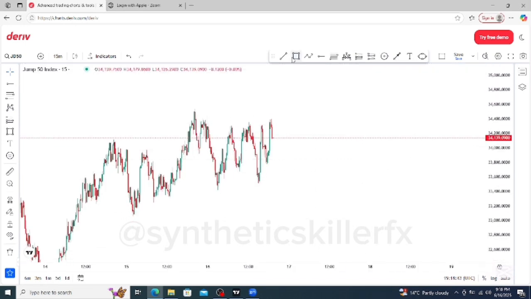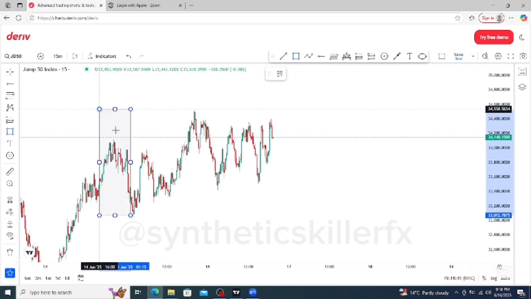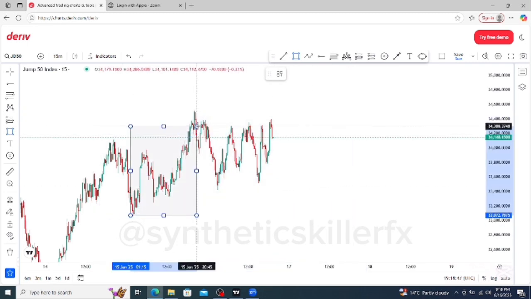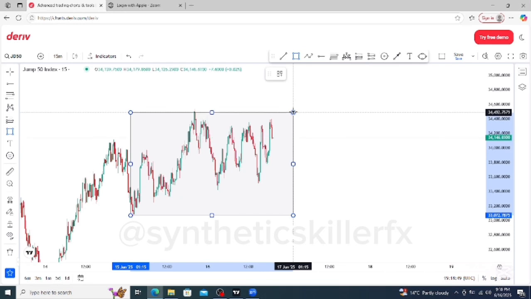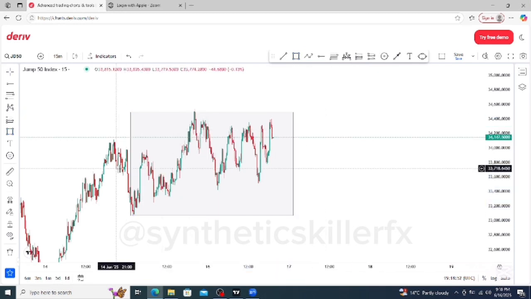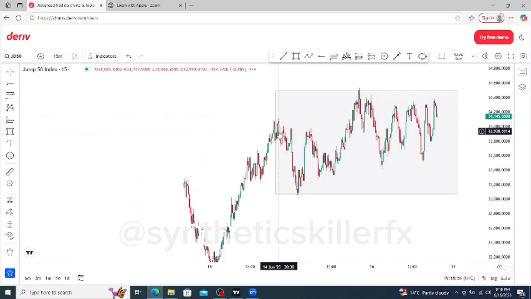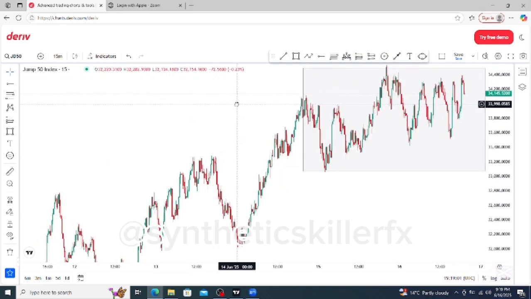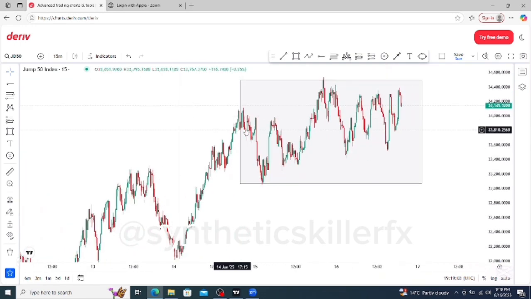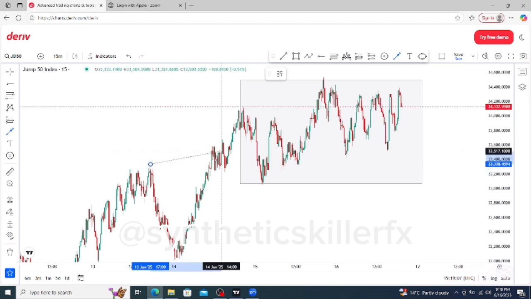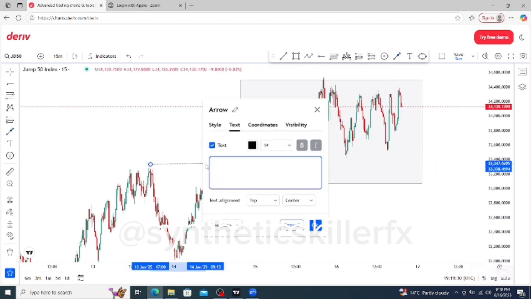Okay, so first things first, what can we see? We can see the market is currently in a range, right? Let me just draw this range properly. Okay, we know to say the market is in an uptrend, but price is currently ranging, so it's accumulating before it can have a major move to the downside or to the upside, right? But we can see that the previous high point there was broken,